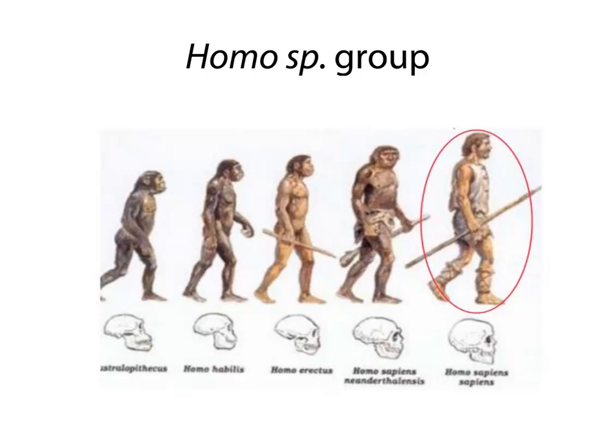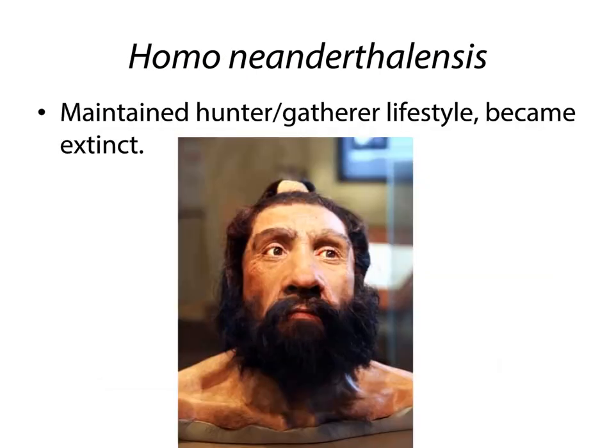Only recently, when we develop language and writing and so forth, do we start writing things down. However, the fossil record shows what it shows, and there's even some history captured in DNA, which I think is pretty interesting because, of course, ancient DNA was my area for a long, long time. For example, we know that Neanderthals did exist at the same time as Homo sapiens. However, they kept a hunter-gatherer lifestyle.